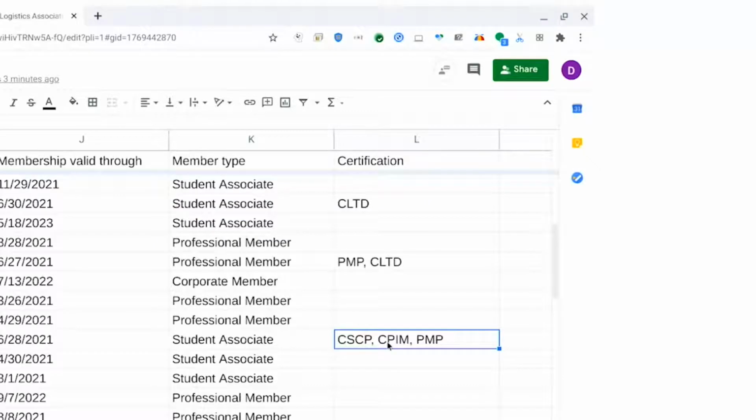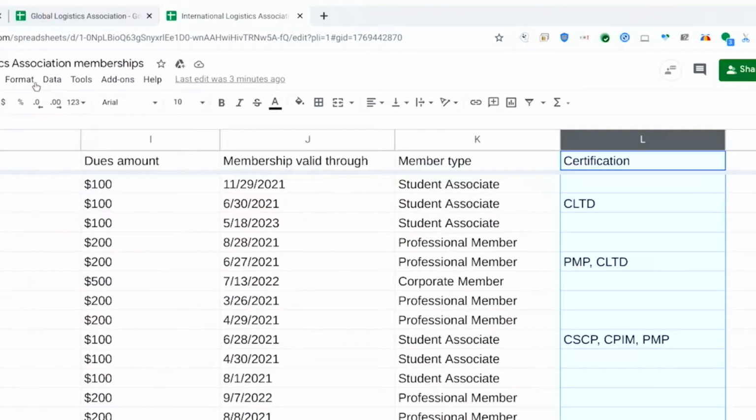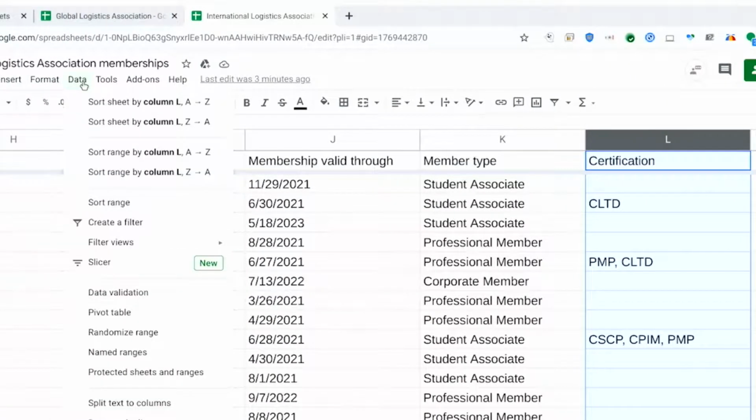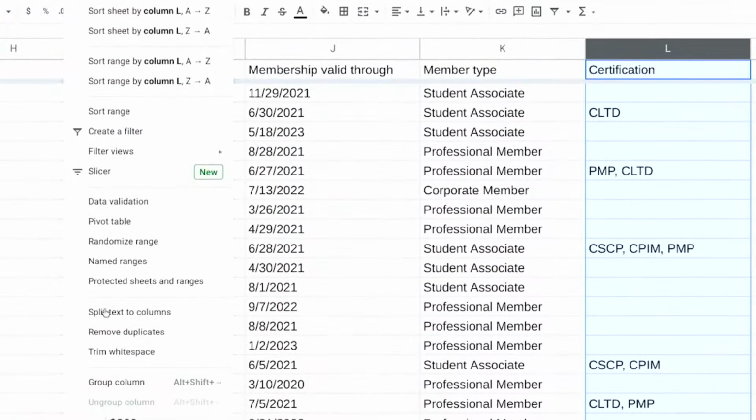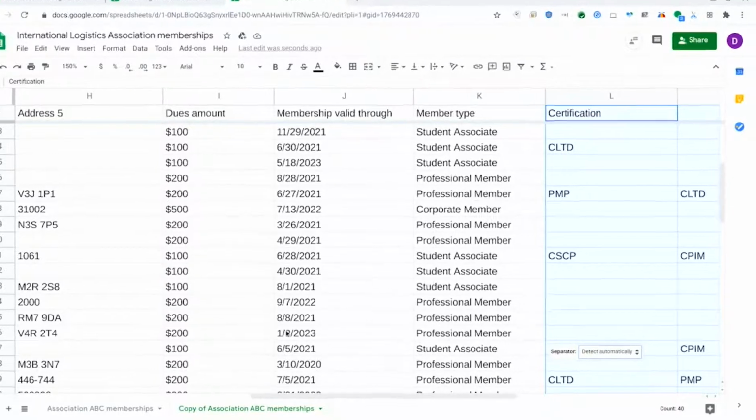Let's get them separated. Highlight the column, then select Data, and split text to columns. This spreadsheet application automatically knew that the comma was the delimiter and separated each certification. But sometimes you might need to specify what the delimiter should be. You can do that here.